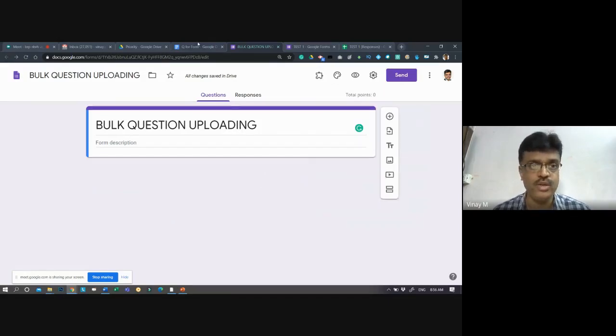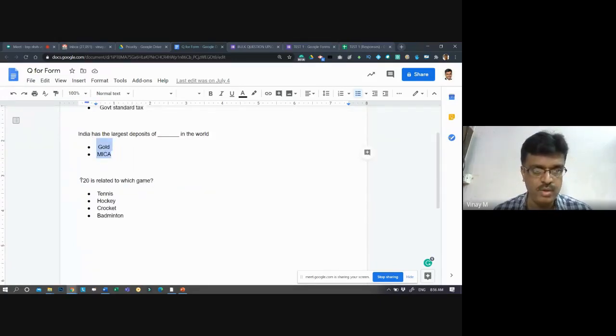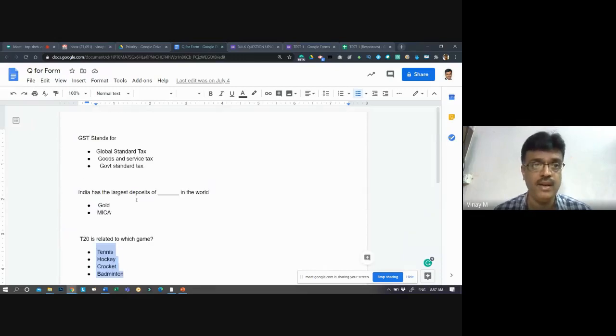How? I will show you a screen. If it is a Word document, it should look like this. Can you see the screen now with the Word document? It's a doc where I've just created a question, 3 answers with dot dot dot, that is, a bullet mark. Then another question with another bullet mark. One more question, one more bullet mark. These are all options which can be done on this.